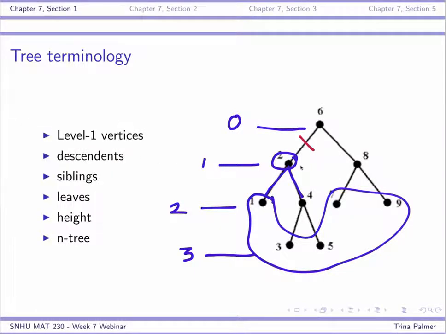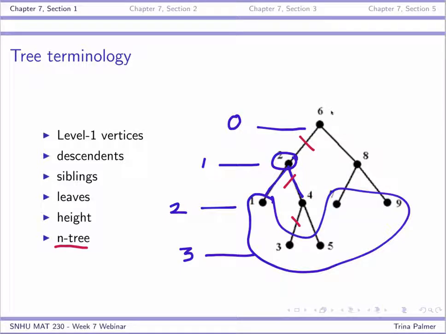So there's 1 edge, 2 edge, 3 edge. So there's 3. The height is 3 because it took 3 to get from top to bottom. It's all the same. If you have all the different levels, it's the highest level. And then an n-tree is, well,